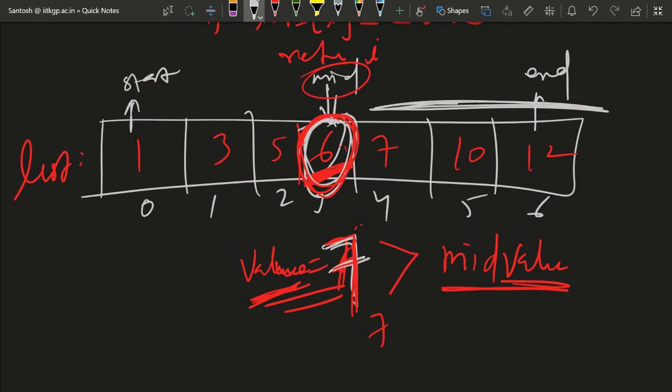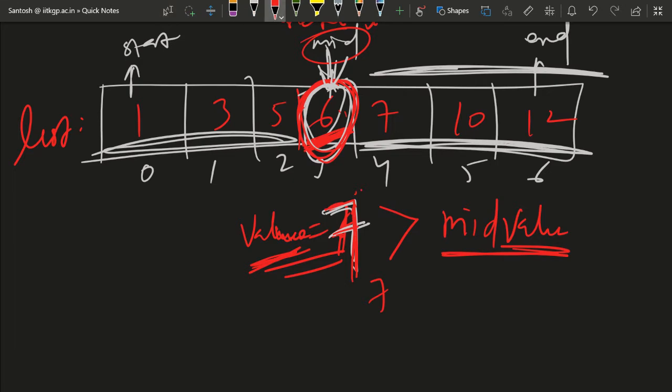If suppose we were searching for 3, then 3 is less than the mid value, so we'd go to the left side. So every time you are just halving the list length. Okay, so first you search at the middle, and if it is not found, you compare: if the value you are searching for is more than the middle, you check the right side, and if it is less than the middle, you check the left side only. And this process will continue. So as I was saying, if we are searching for 7, then we'll search here,